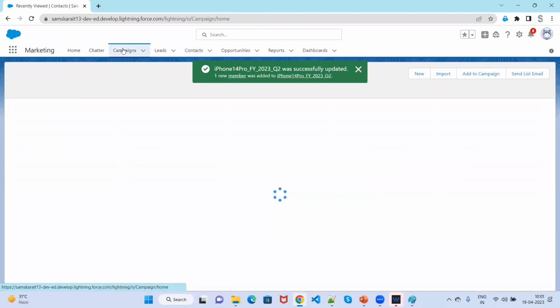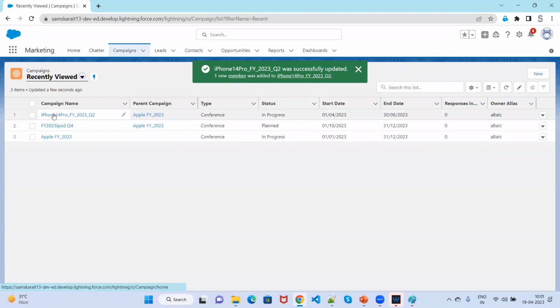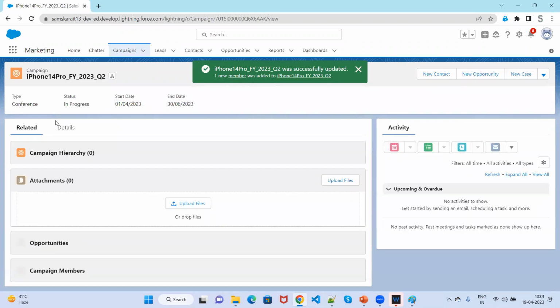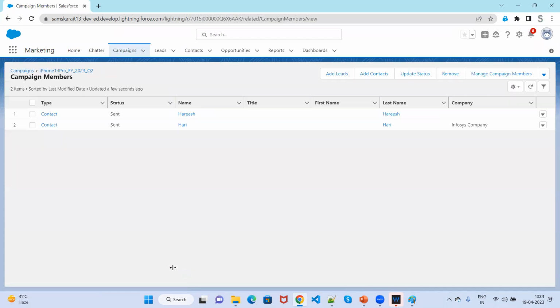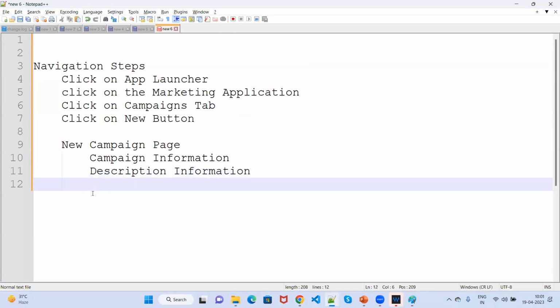Now if I go to the campaign and if I go to the iPhone 14 Pro related list, I can see two members. View all. The contact is Harish, Hari. So the navigation steps are, in order to add the contact